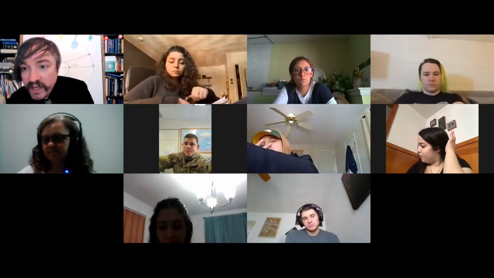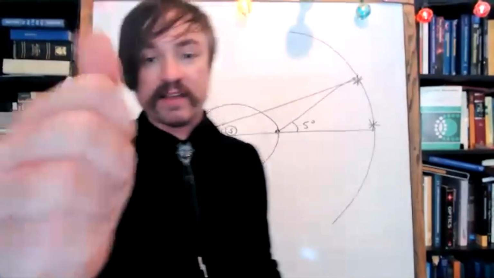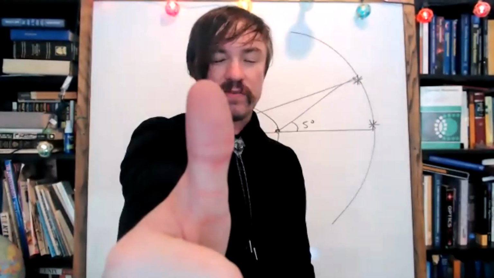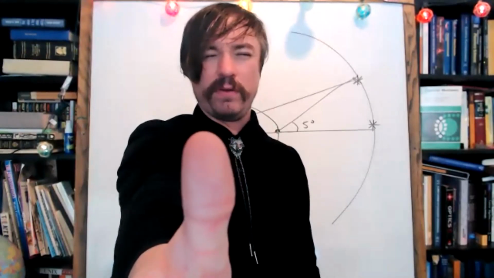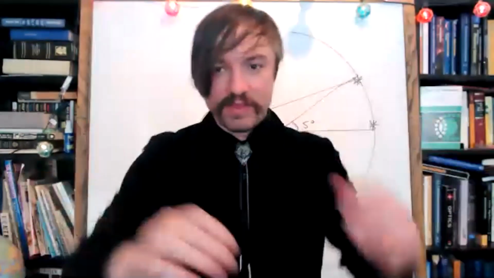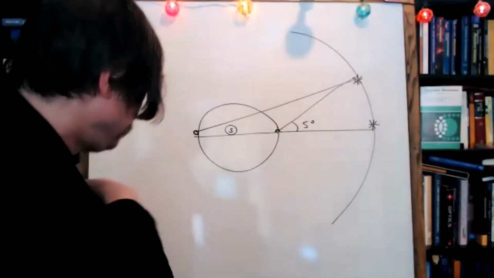In reality, there are close nearby stars and there are more distant stars. And the closer you are to the sun, the more the motion of Earth will cause this parallax effect. So let's remember that good vocab term, parallax. If you weren't here last time, you can reproduce parallax by holding your thumb outstretched and blinking your eyes back and forth. You can see your thumb doing a parallax shift.